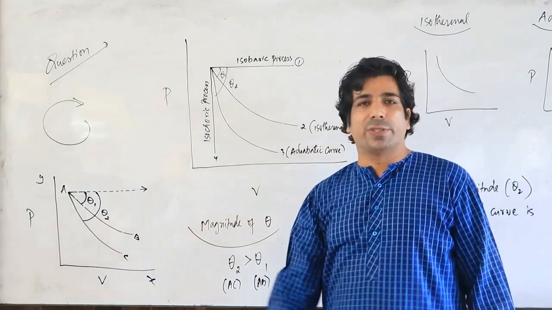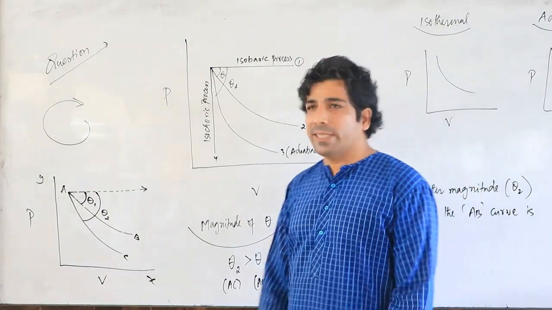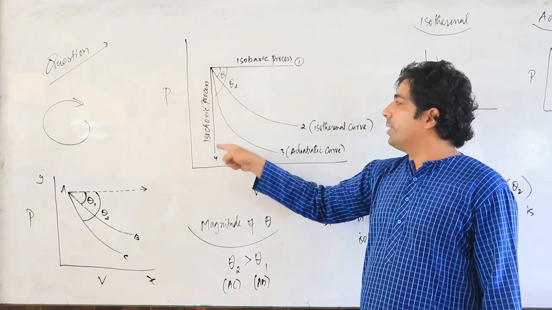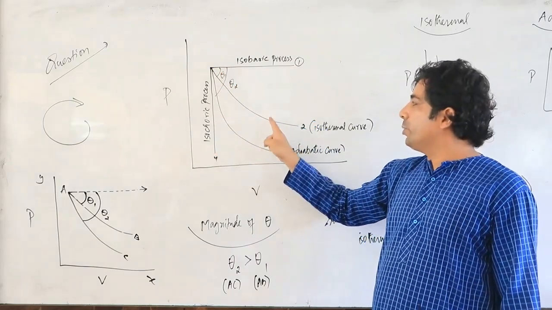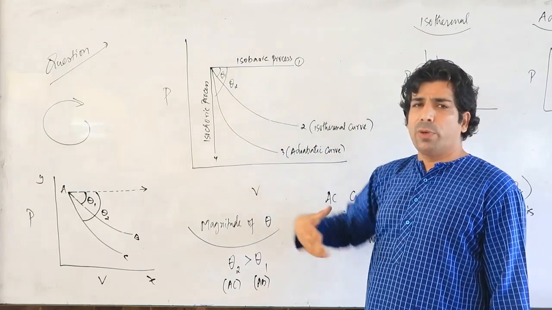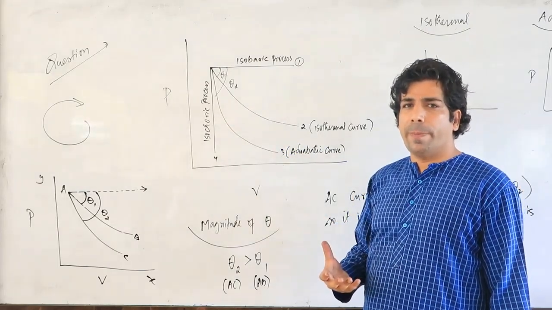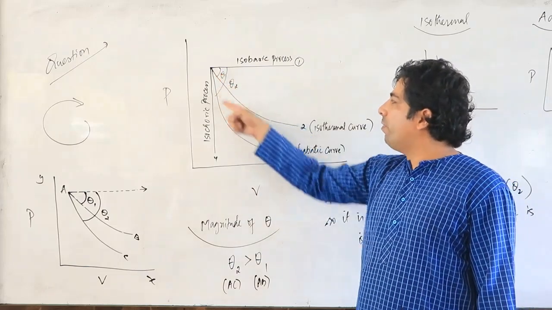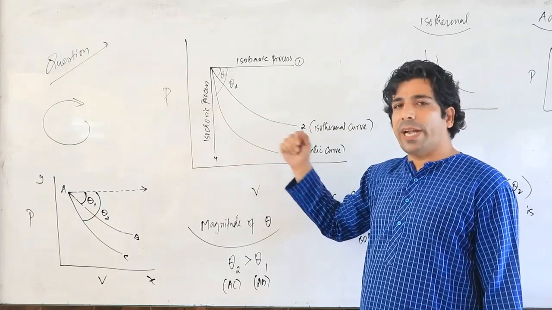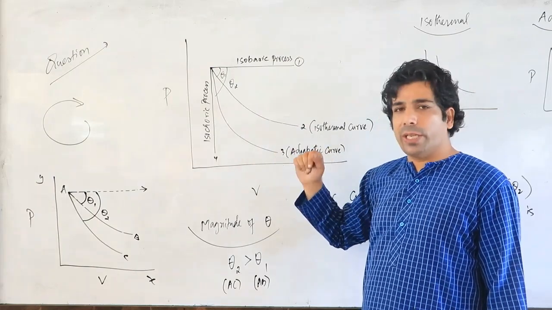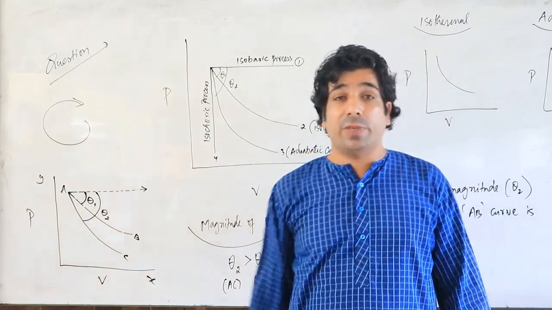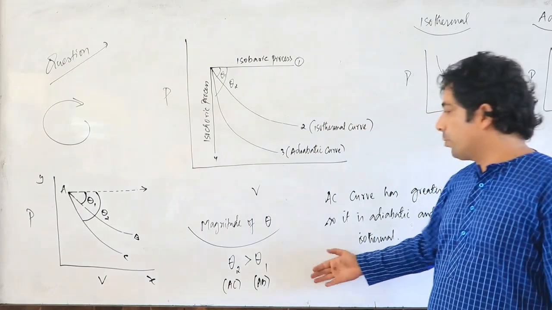I hope, my dear friends, you have understood this. This has once come in competitive exams. So please remember, this is your isobaric, this is your isochoric process. But out of these two curves, this curve will have a greater slope, more slope actually. Or it may have a sharp fall. A curve with a sharp fall, you can tell, that is your adiabatic curve. That way also you can understand, and through these angles also you can understand which one is adiabatic and which one is isothermal. Please make note of this.